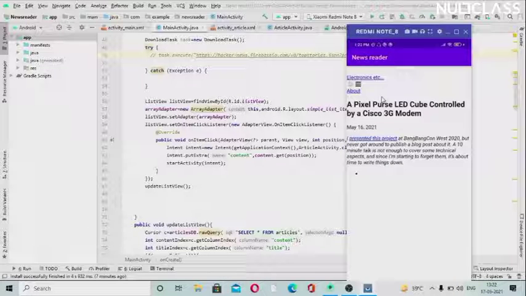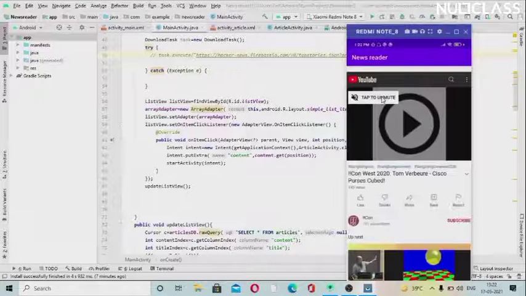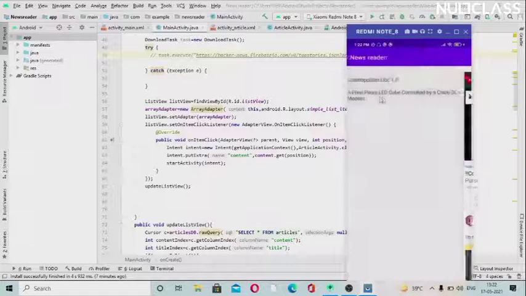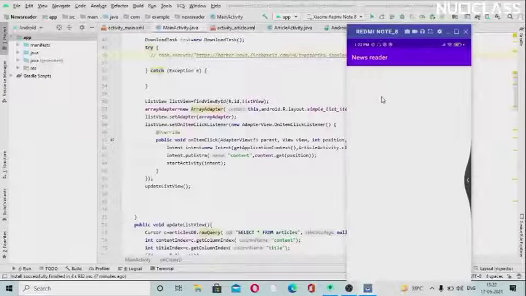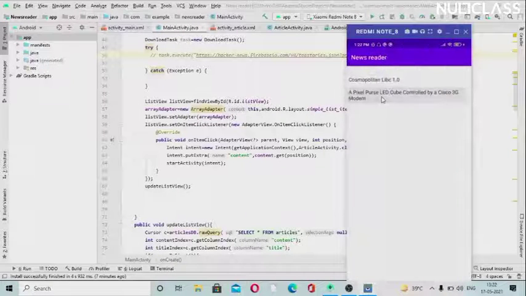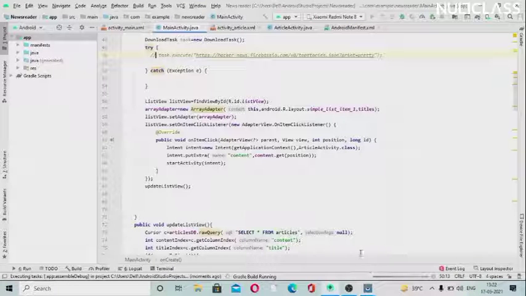Also we can click on any of these links, and this will take you to the link anywhere. So we can see we are connected to YouTube. It will take a bit of time to load when I click on this. So I have clicked on this. Now let's run again to check whether new news appears or not.